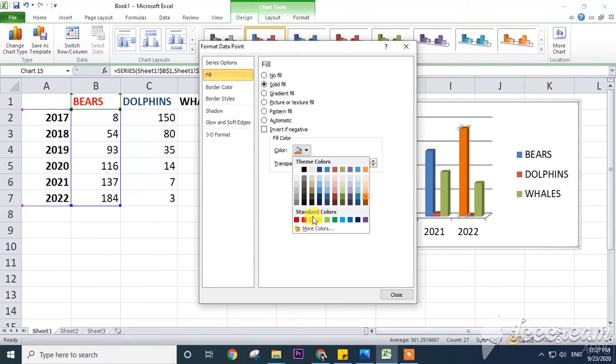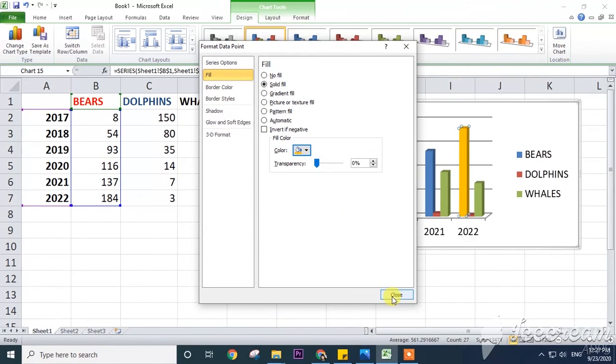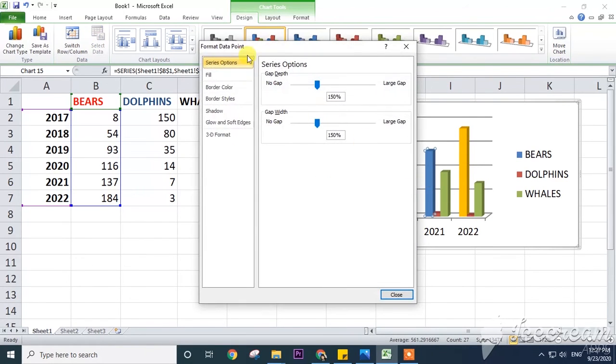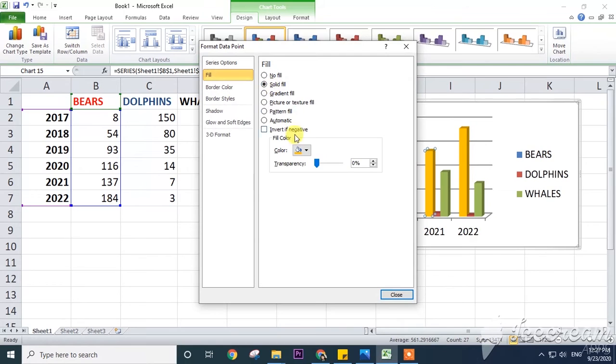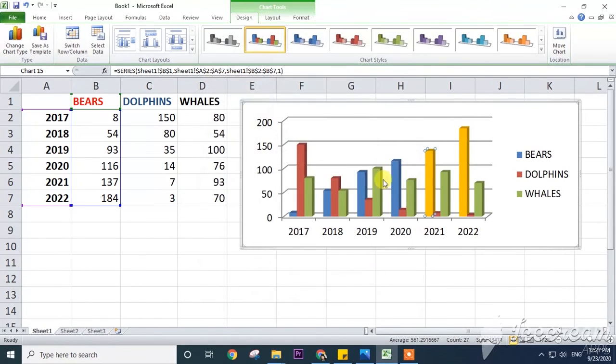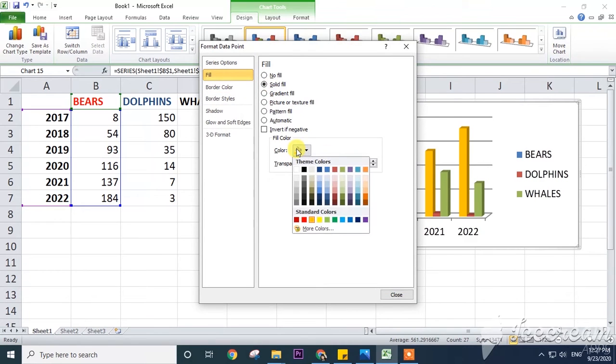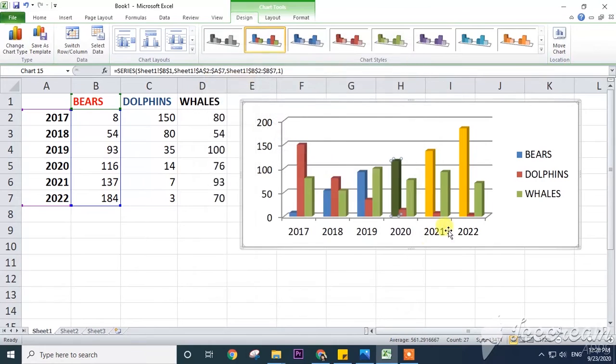For example, I am selecting yellow, click on close. See here, the particular yellow color you can give. Double click this one and you can give solid fill and give yellow color, and that is your choice. Not only a single color, you can give any colors, like I am giving here dark green. Click on close. See, in this way we can give the colors as per our requirement, as per our choice.